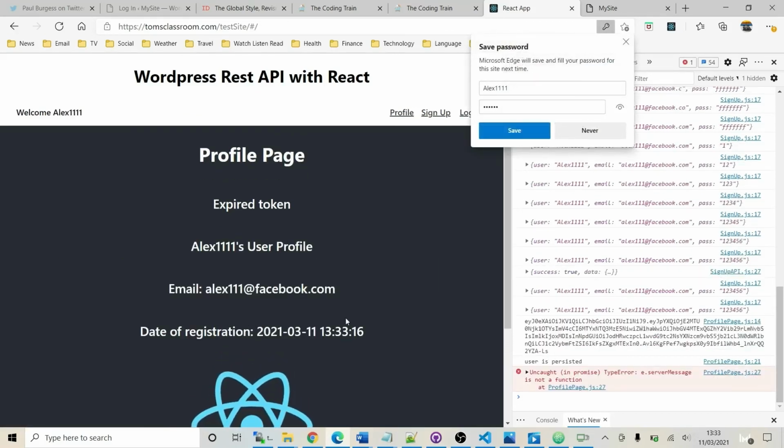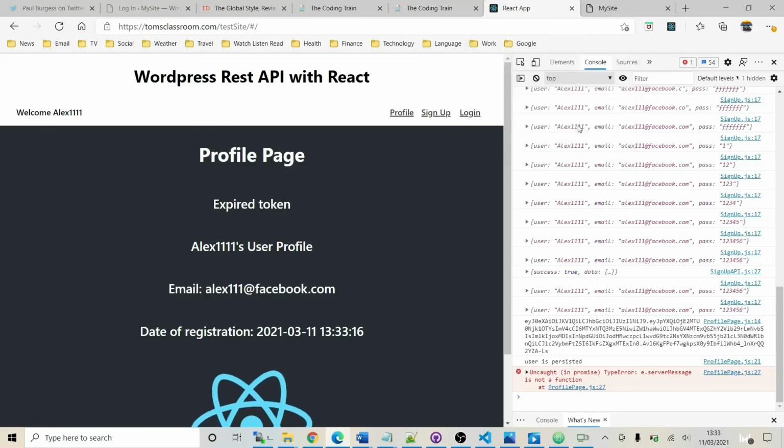Oh, we do get a message. Again, we've got the server message, so that's obviously something I've messed up. Let's say never to that. But look, this has worked because we've still got that expired token message. So that's because I obviously haven't corrected that error properly. I thought I had. But look, we are getting Alex111's user profile. We're getting the email address from WordPress and their date of registration from WordPress. So that is working. If I just flip over to Chrome,